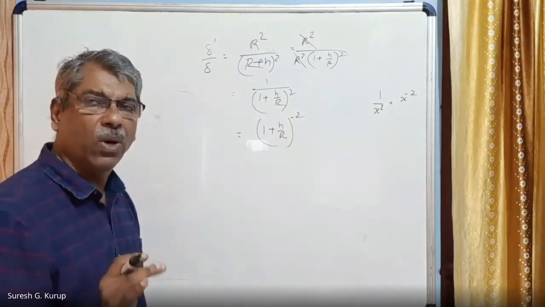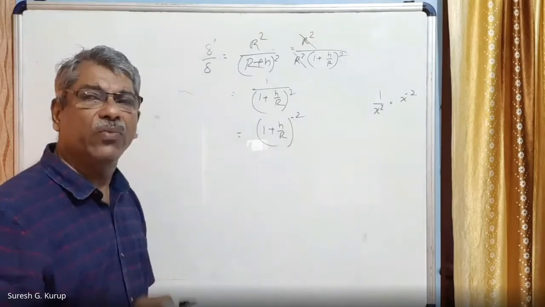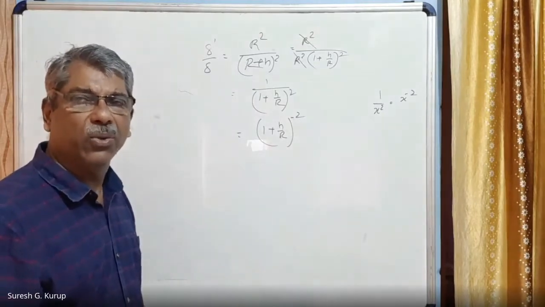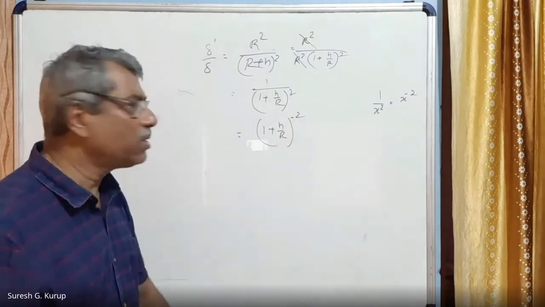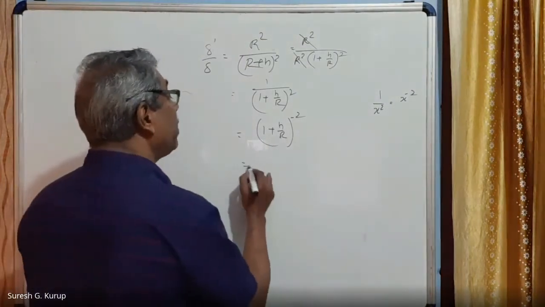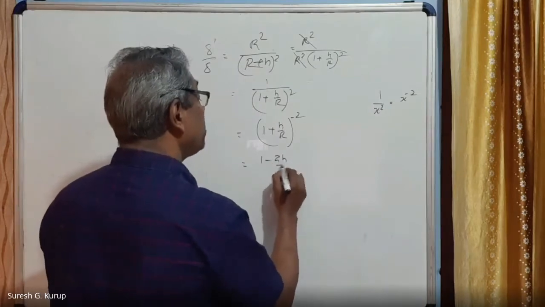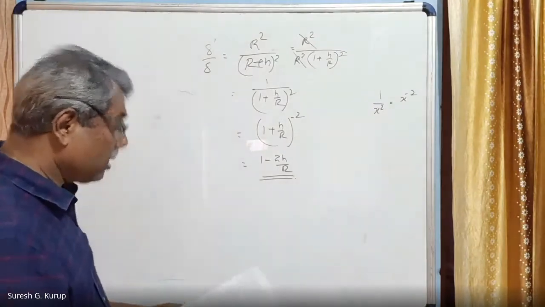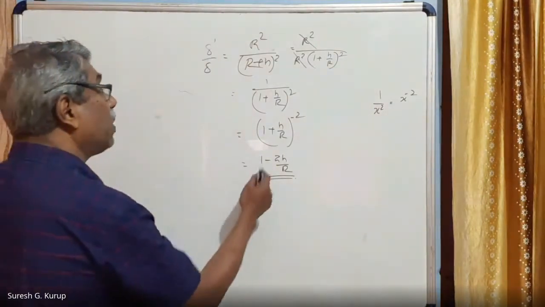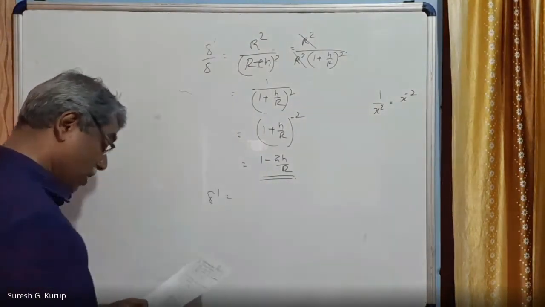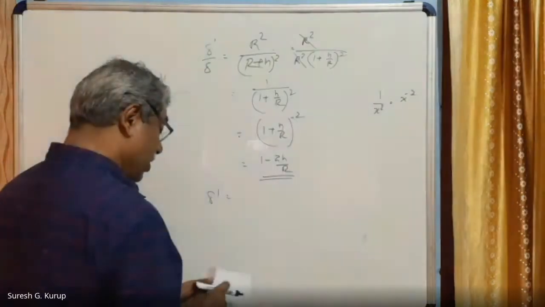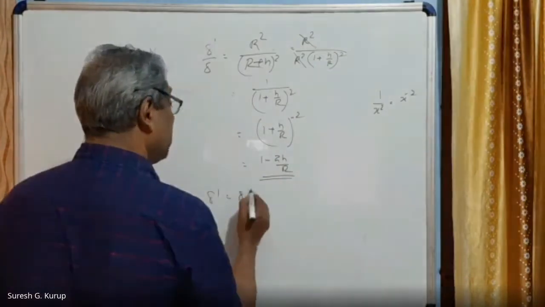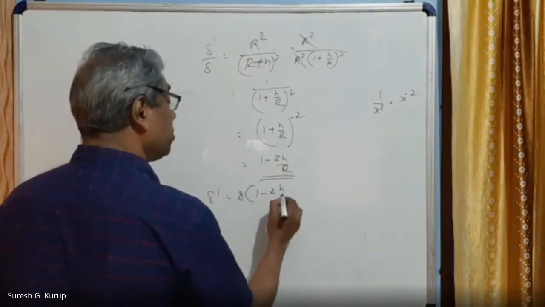Remember, I am only giving you the nominal idea of what we want to use in physics. What we need to use in physics, that only I am explaining. I am not explaining this in detail. This is equal to, again, 1 minus 2h by R, we can write. Right? Therefore, g dash by g is this one. Therefore, g dash is equal to g into 1 minus 2h by R.